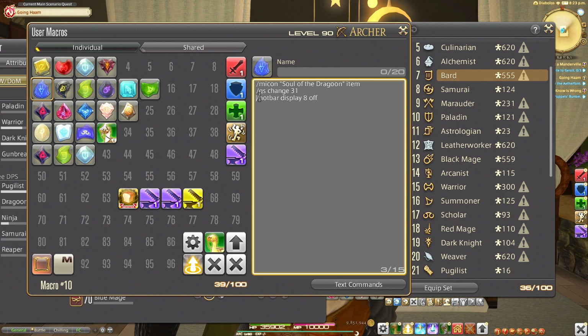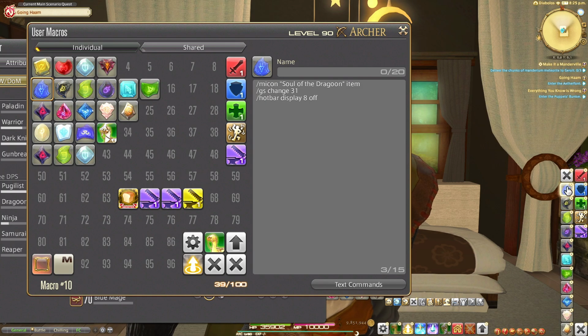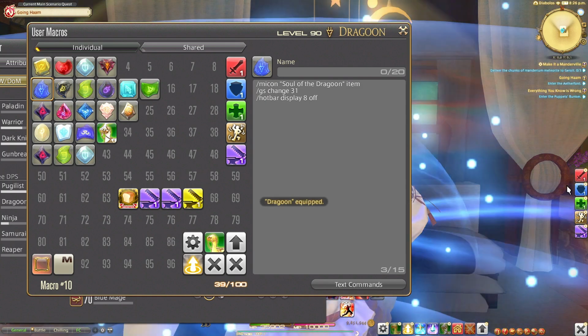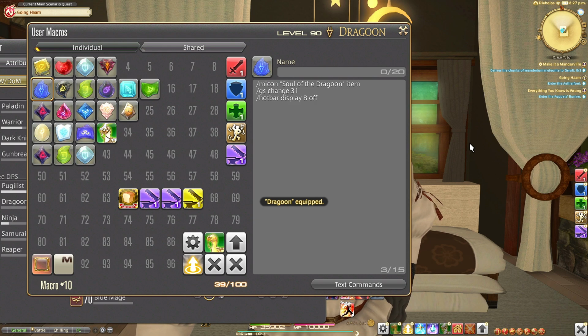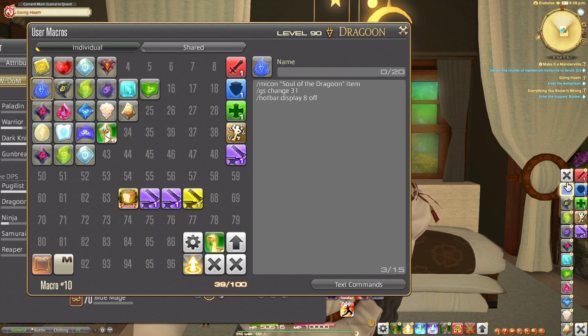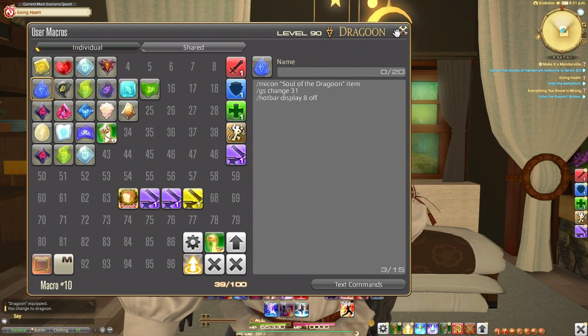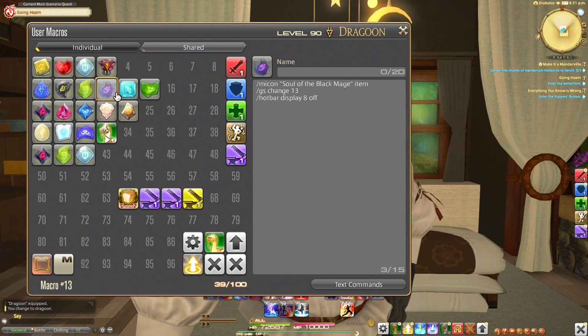And then the bottom command here is /hotbar display 8 off, which makes it so when I click this button, the hotbar disappears when I change my class, because you wouldn't want that to be there, because that would defeat the purpose of it being a drop-down menu. And pretty much what you would do is you would just do this for every class that you want